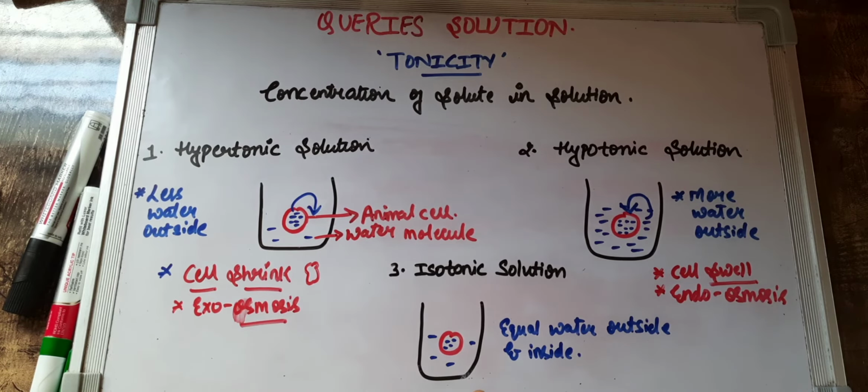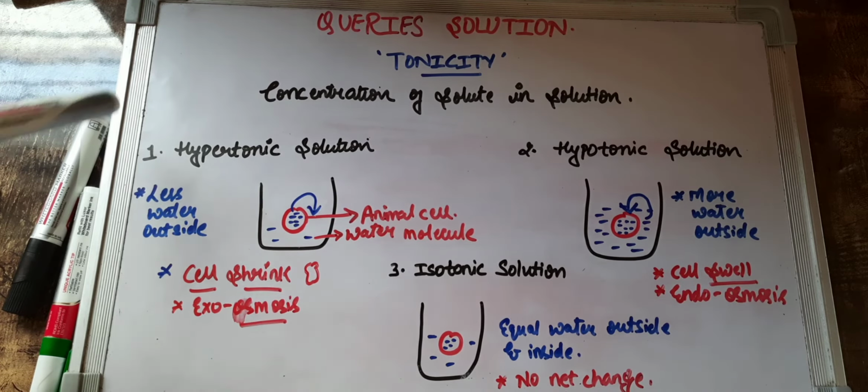What will happen in this case now? Here, I have just drawn, I am giving an example. I have drawn 4 molecules of water, 4 are there on the outer side. So there is an equal concentration of water molecules inside and on the outer side. So what will happen in this case? In this case, children, there will be no net change that will happen, right? So if we talk about keeping an animal cell in all these three different types of solution, this is what is going to happen.